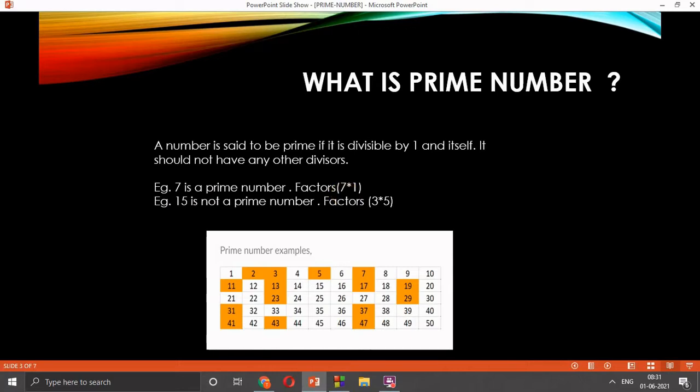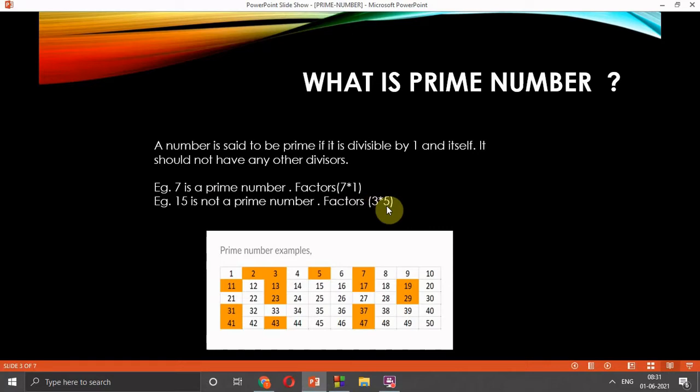Now let us consider another example, which is 15. 15 is not a prime number because, except 15 and 1, the other factors of 15 are 3 and 5.